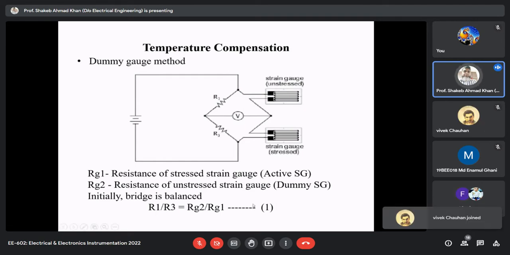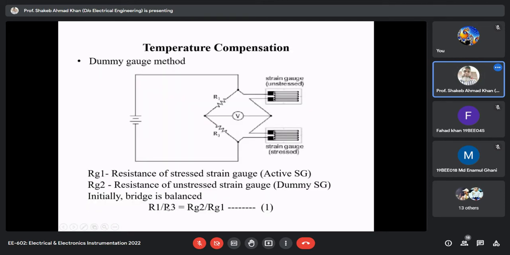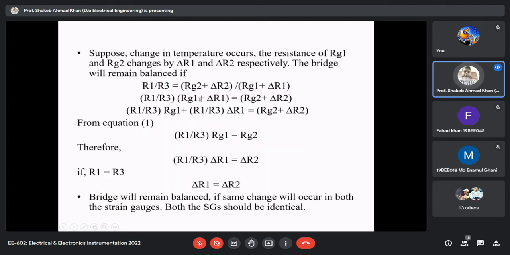So now we are starting with a balanced bridge. When there is a change in temperature, obviously the resistances of these two strain gauges will change. Suppose these resistance changes are delta R1 and delta R2, and I had shown that here. I added them: Rg2 plus delta R2, Rg1 plus delta R1. Now we'll simplify, and then we'll reach here, R1, R3 into Rg1. Now from equation 1, you can see here